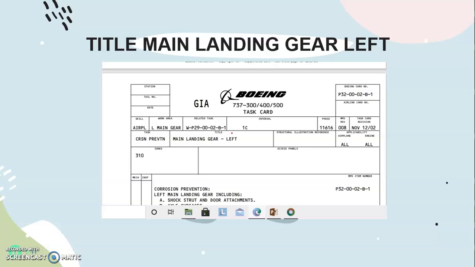The work area in this task card is left main gear, and the title is Main Landing Gear Left, and this task card is about corrosion prevention tool.